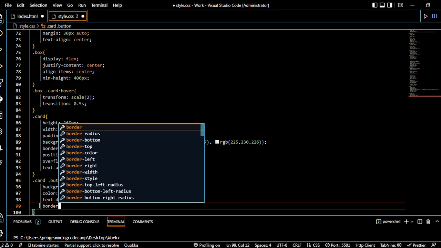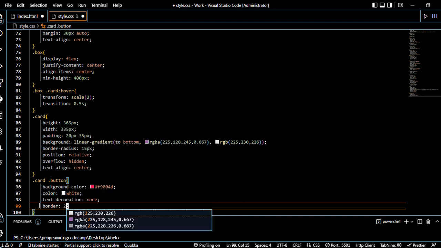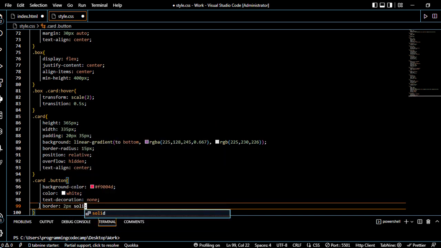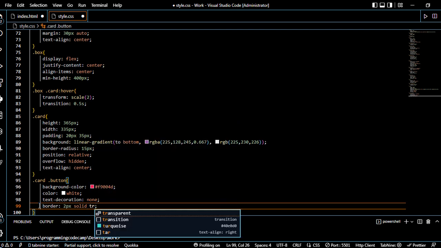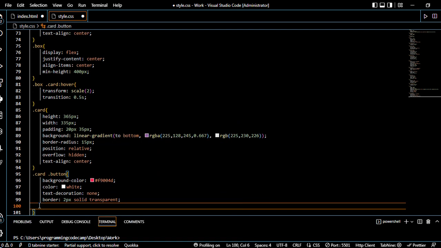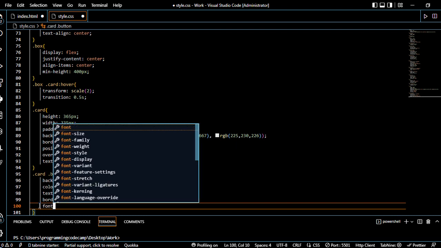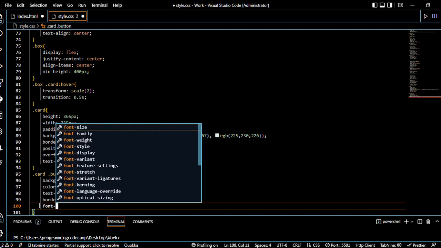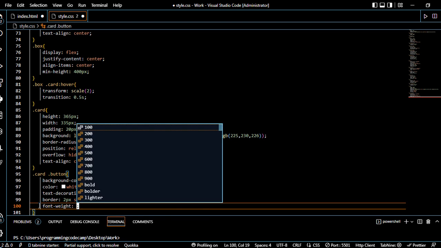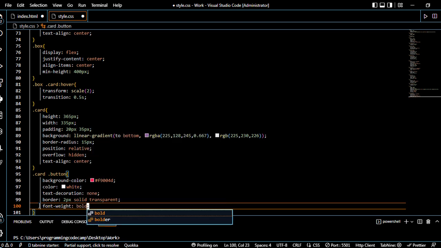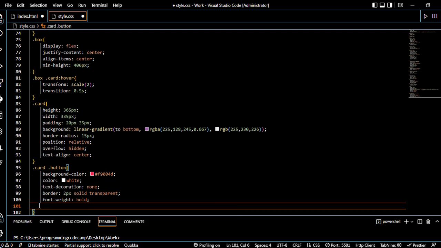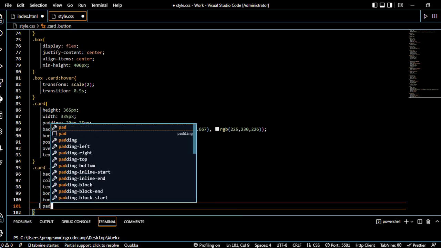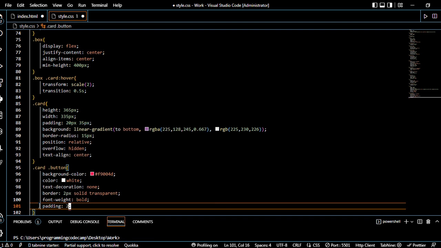Border should be 2 pixels, solid, transparent, and font weight should be bold,